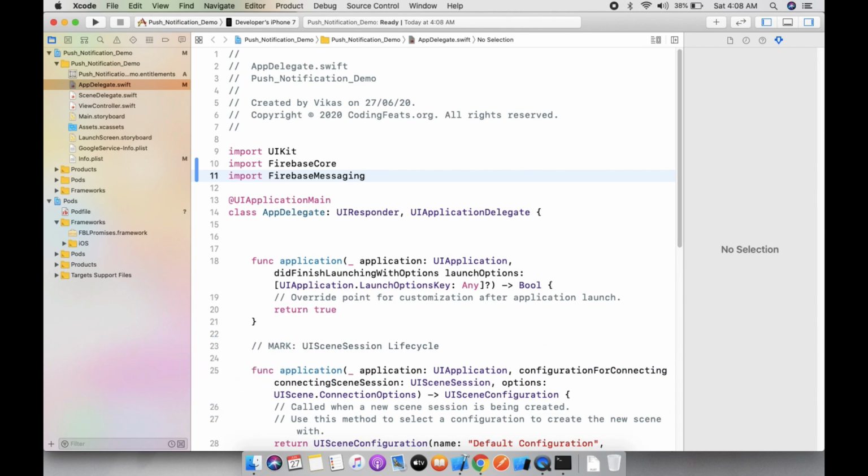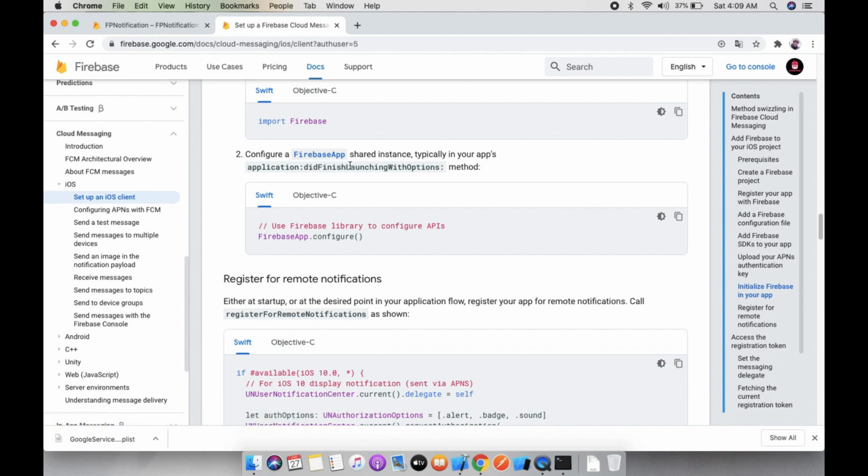So we will create a key in the Apple developer account, and we will upload this key to Firebase. These are all later steps. So here, configure a Firebase app.